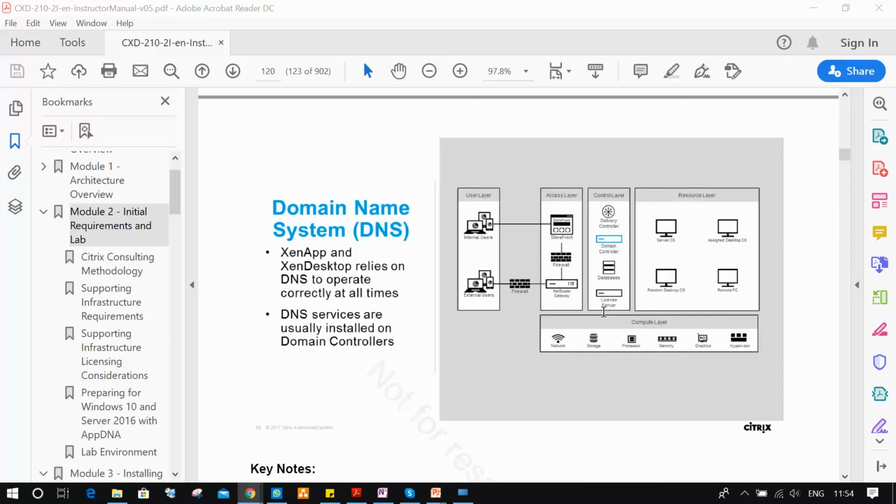Yes or no? In this structure, for example, you are calling me. Do you remember my number? No, right? You will not remember my number. So what you'll do is open the phone book and search for the name. For example, my name will appear on your phone as Mahesh Citrix Trainer. So you will search Mahesh.